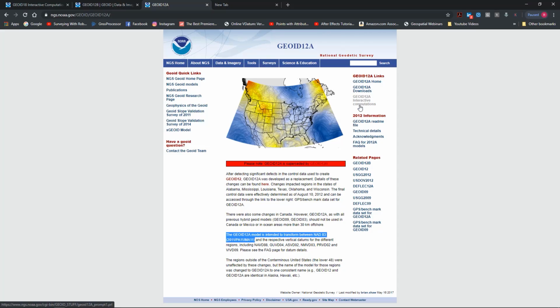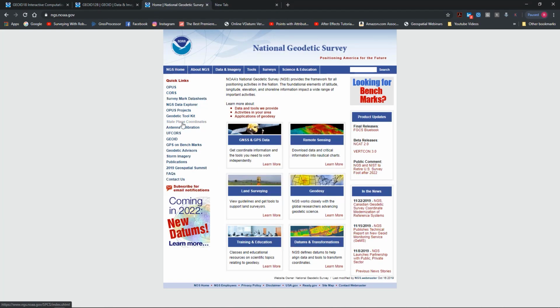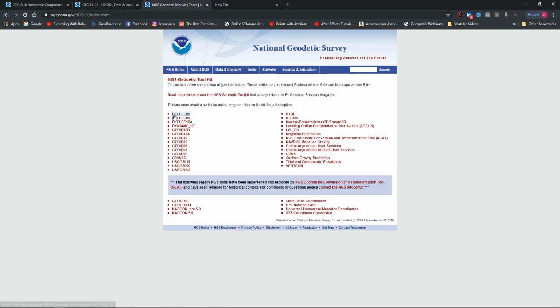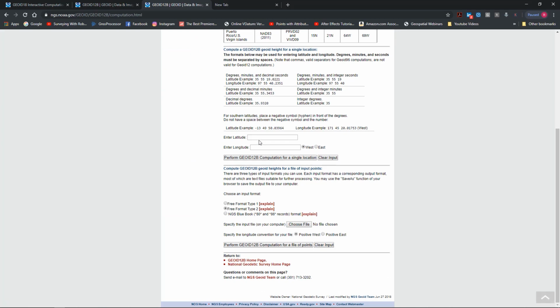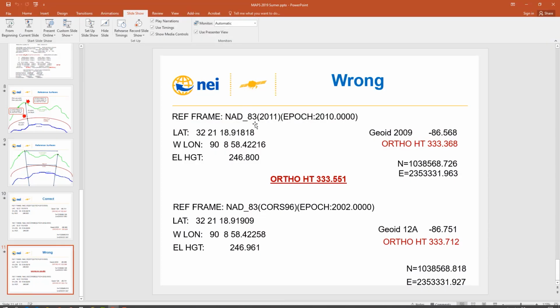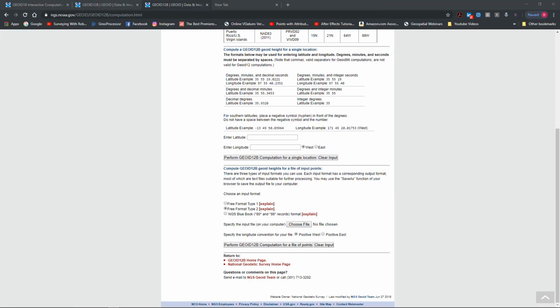Now I want to show you something else. So if we go and look, when you see Geoid 12A over here to the side, you see interactive computations. That is something I'm fixing to show you. Let's go back to NGS Home. Let's go back to the Geodetic Toolkit. We're going to go to 12B, Interactive Kit. So what you can do right here is we can enter in, I'm going to slide this over to here,